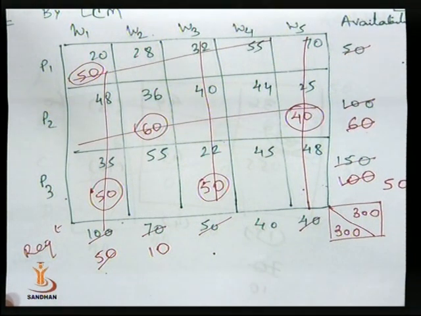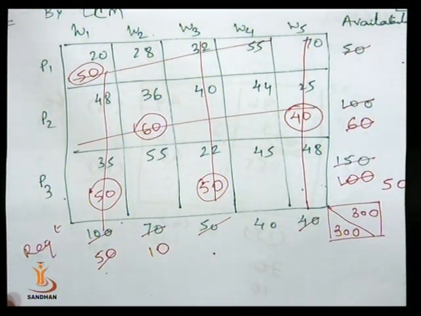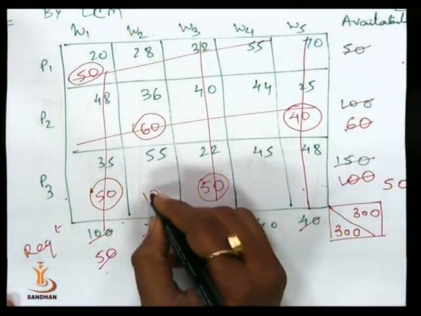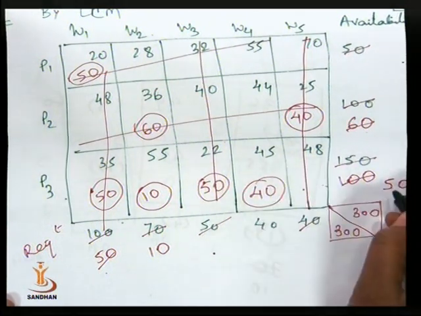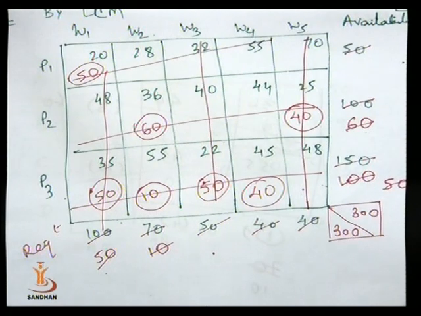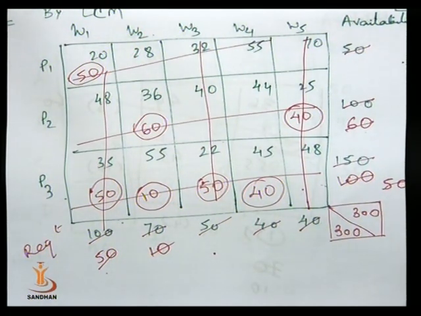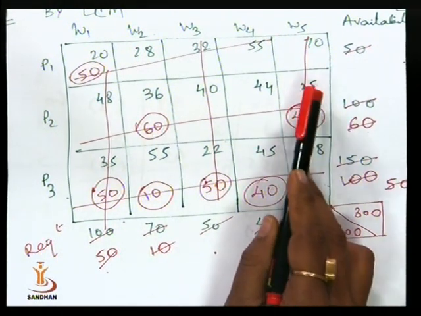Now the reduced matrix is of size 1 by 2. We satisfy the rim requirement. Here there is a requirement of 10 units and a requirement of 40 units. Both are satisfied. Then the transportation cost by least cost method is 20 into 50, 36 into 60 plus 25